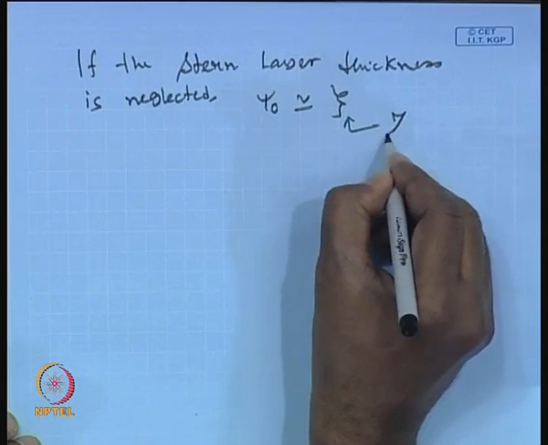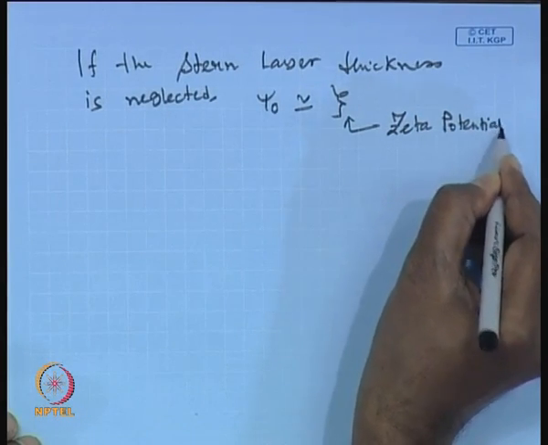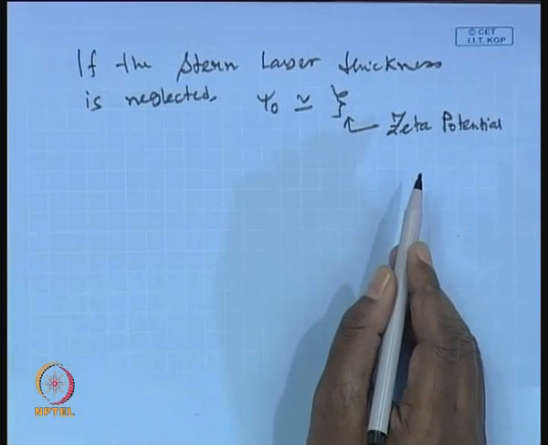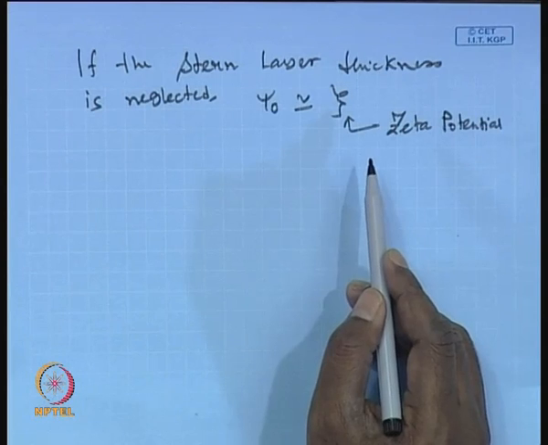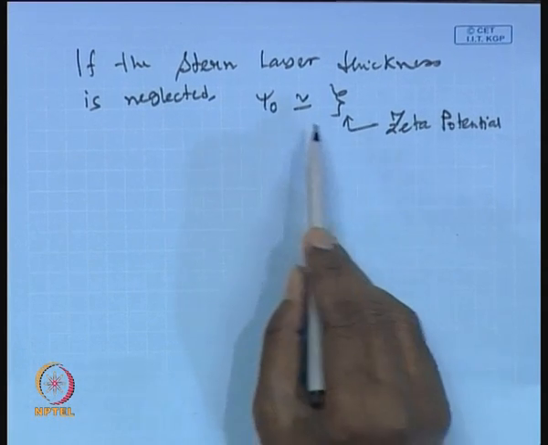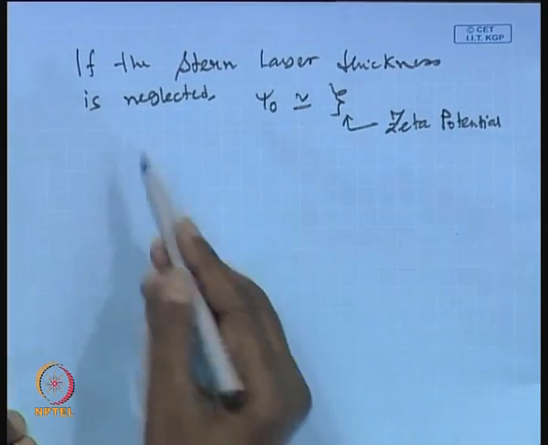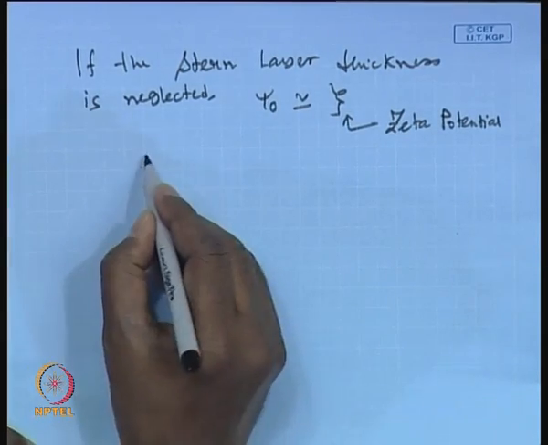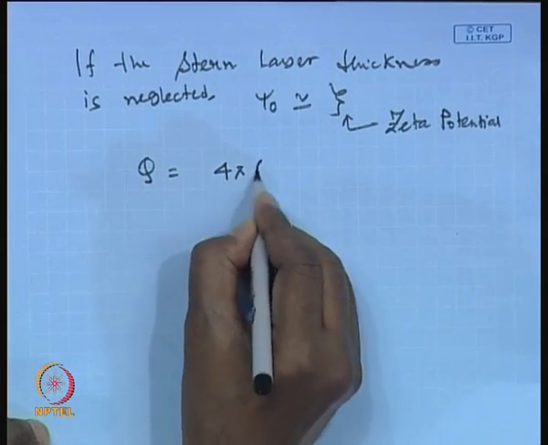So this is nothing but the zeta potential. What I mean is that zeta potential is a measurable potential. On the other hand, psi naught, that is the exact potential on the outer surface of the charged sphere, is difficult to measure because of the presence of the Stern layer. So one can measure zeta potential and can estimate the value of Q, that is 4 pi epsilon A